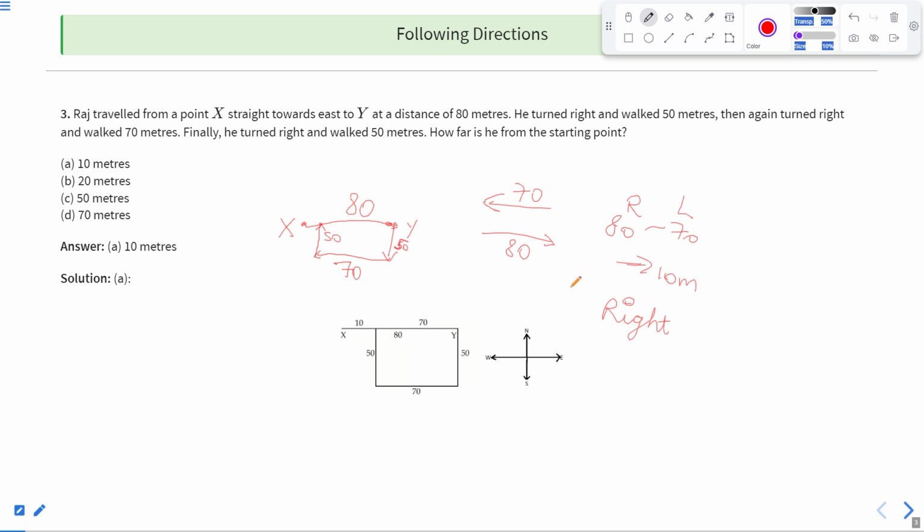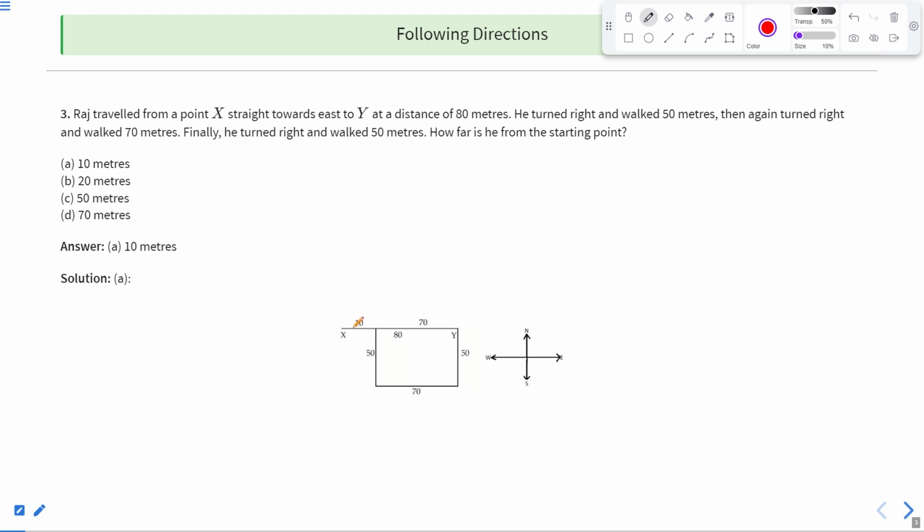So he is 10 meters away from his starting point. अब आंसर देखते हैं। We know that this is 80, this is 70, this is 10, ठीक है।